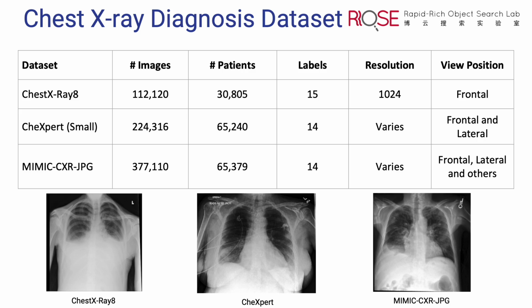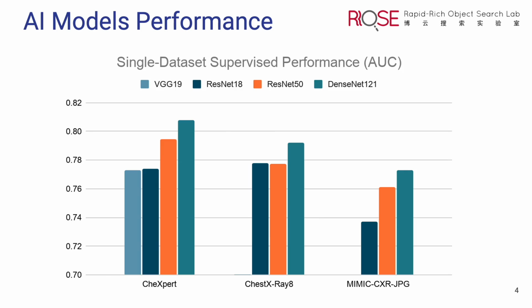In this datathon, we selected 3 datasets from the list to study the domain shift problem. They are ChestX-ray8, CheXpert, and MIMIC-CXR-JPG. Here is some statistical information of these 3 datasets. We selected 4 common convolutional neural network architectures for training on the selected 3 datasets. The chart shows the single dataset supervised performance for each dataset, and we observe that as models get more complex,